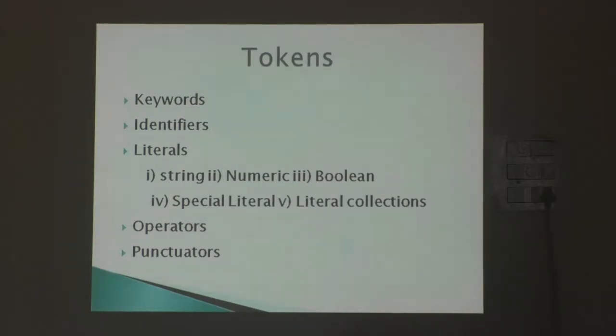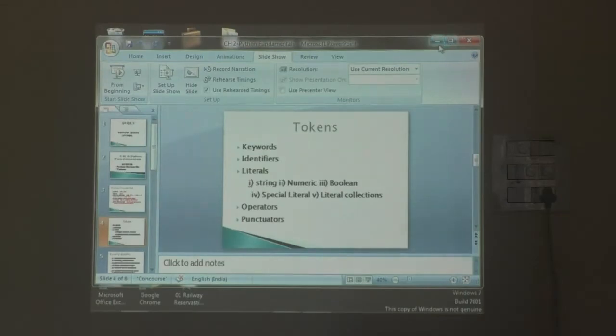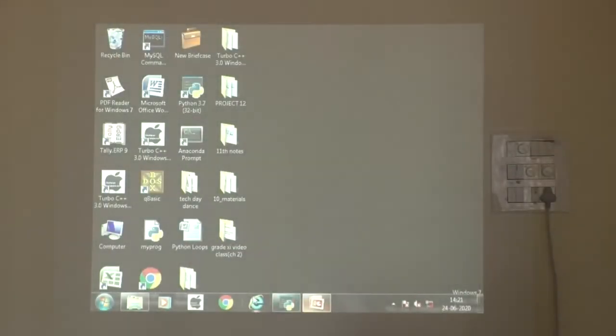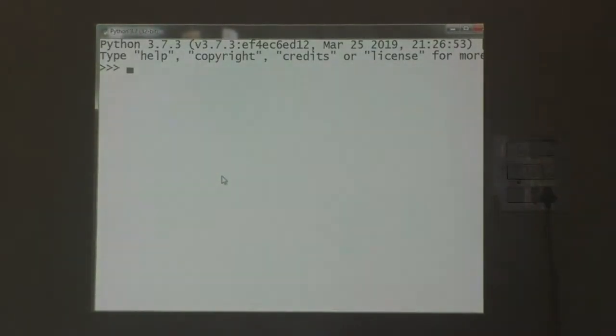That's keywords. How many keywords are available in Python language? Based on the Python versions, the keywords are available. Here, we are using Python 3.7 version. Okay, I will explain. If you want to know the available keywords in a Python version, you should give import keyword.